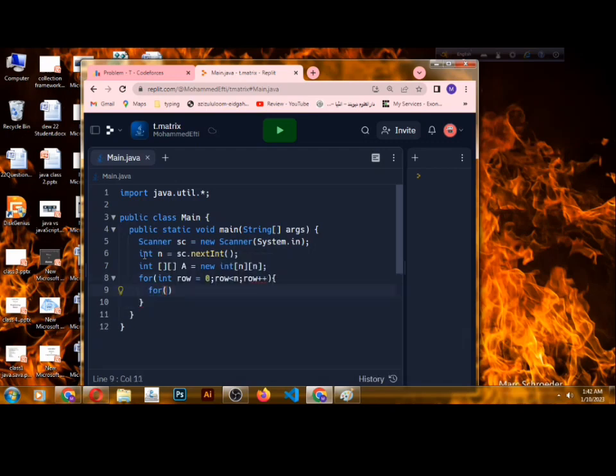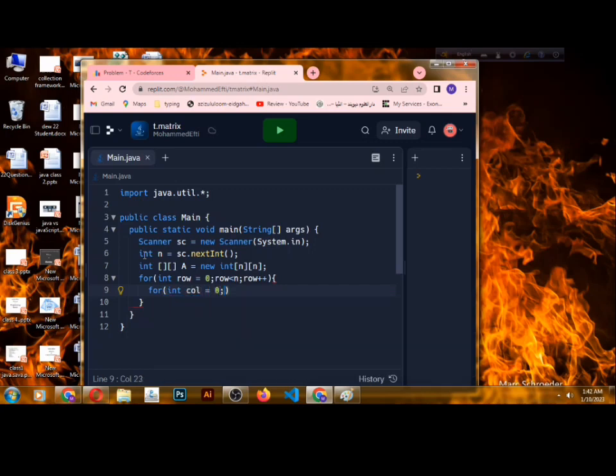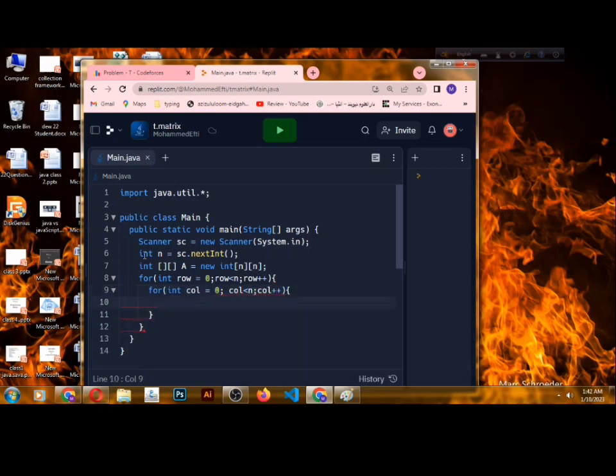So I already told you that our row value starts from 0 and ends before n. So I wrote int row = 0 and row < n. It's also true for column, and then the increments of row and column are plus plus: row++ and column++ for column. And then